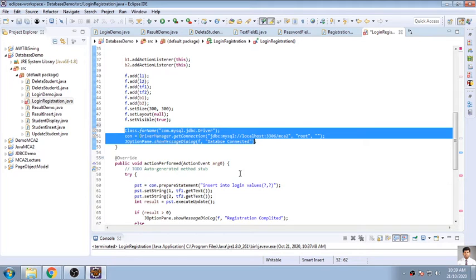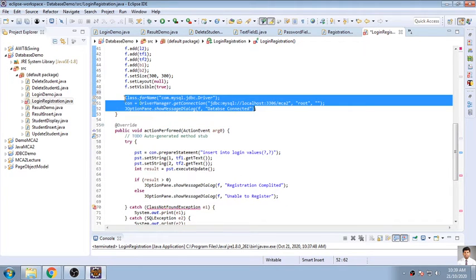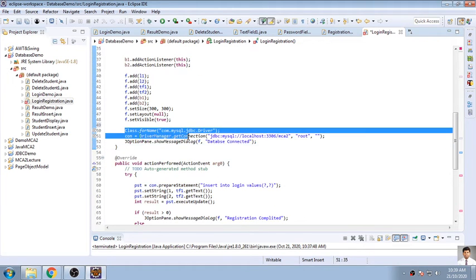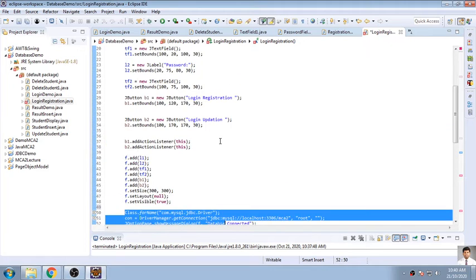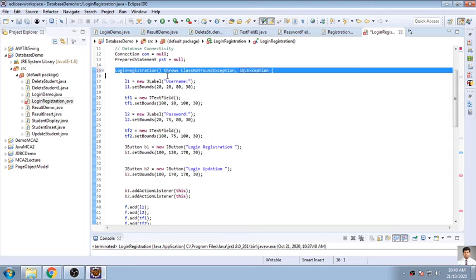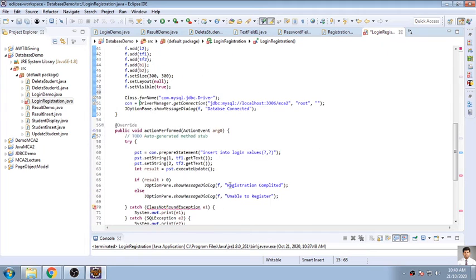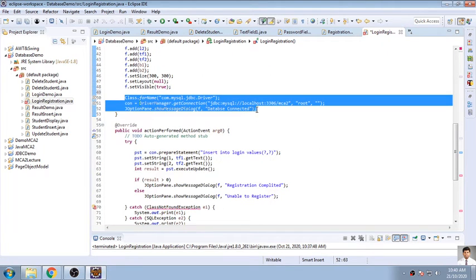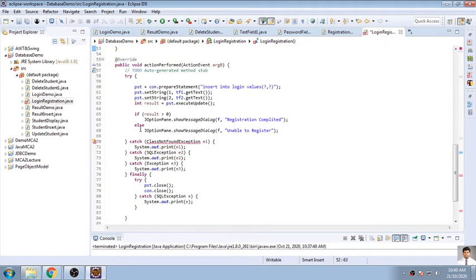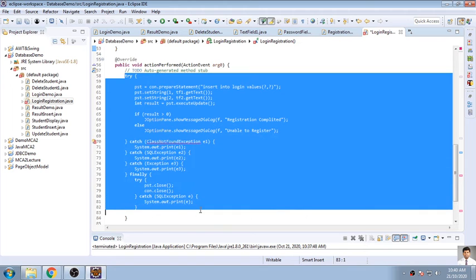So as soon as your database connectivity program starts, it will initialize all the components on the screen and immediately the database connection will be completed. As I have written this in a constructor, rather than writing a try catch block, I have used the throws keyword for my constructor, and the constructor will handle the two types of exception, that is ClassNotFoundException and SQLException. Now database connectivity will happen only once, and after that when I click on something like button 1, it will do the operation of this part, and when I click on the second button it will perform another type of function.